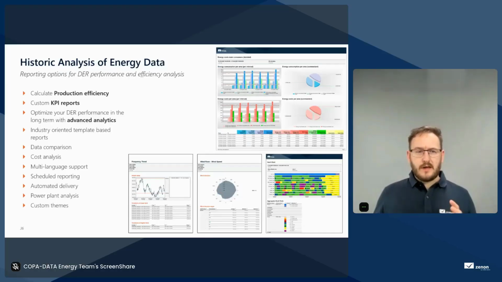We spoke a lot about KPI calculation and things like this, extremely beneficial not only to stakeholders who, for reasons of profitability and things of this nature, obviously need KPI reports, as well as the operations and monitoring guys. So when it comes to reporting in Zenon, we have reporting solutions which allow you to customize KPI report calculations based off of historical data,